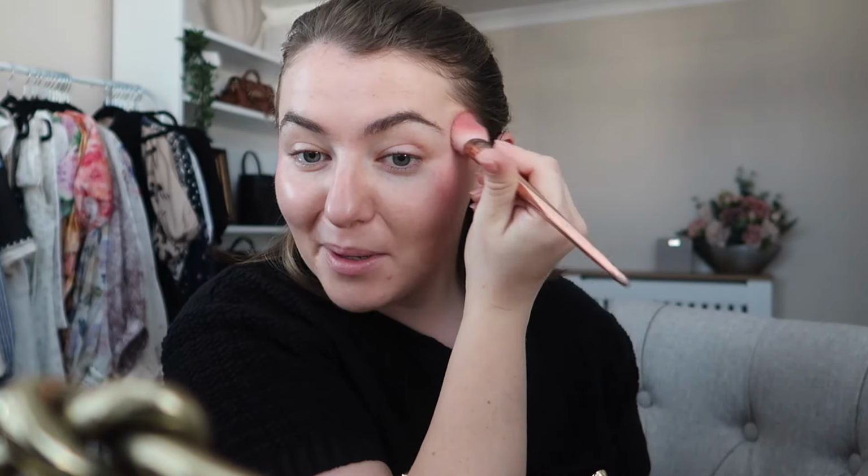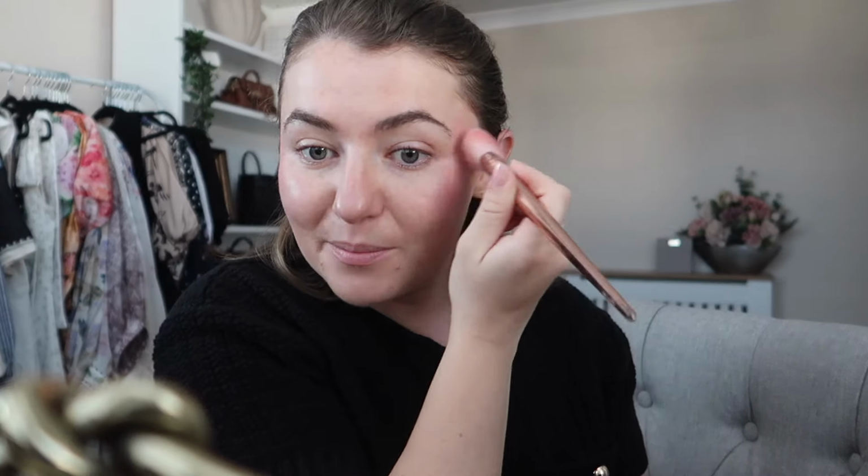making you look a little bit more awake, and hopefully giving me a little bit more colour, because honestly, I can't even look at the viewfinder right now. I feel like I look so unbelievably pale, and I don't know what it is this morning. It might be because I'm doing my makeup a little bit late, so like the sun's kind of like come round a little bit more. I don't know, I'm just coming up with excuses, but I just kind of blend that up,